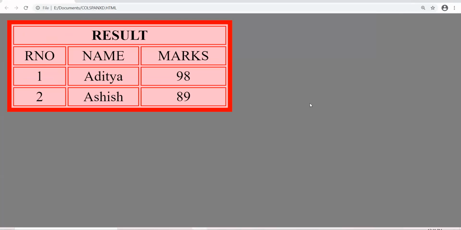See how result is appearing, spanning across 3 columns. Merging across 3 columns. See the movement, horizontal. Horizontally जा रहा है ये. Span करता हुआ 3 columns को horizontal direction में जा रहा है. Now, second thing you check. Result is appearing in center. It is in bold form as compared to the rest of the text.